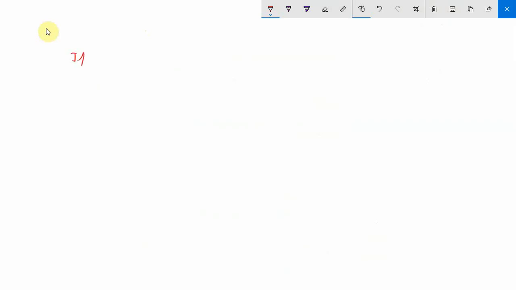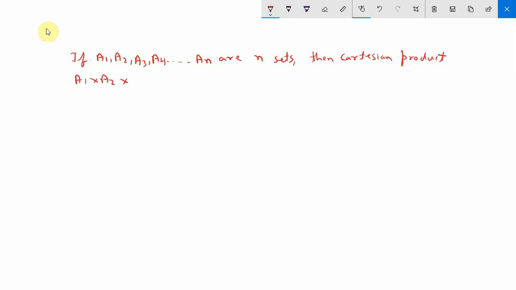So if A1, A2, A3, A4, and so on up to An are n number of sets, then the Cartesian product A1 × A2 × A3 and so on × An of these n sets